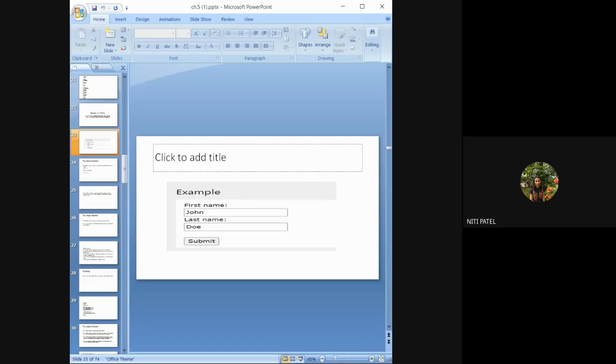So we are going to see how to create that form in HTML. This is just a simple example of a form. Type the first name: there is a text field where the space will be given to write your first name. Last name: again a space will be given in the text area where you write your last name. Once all the details are added, you submit this form. So when you click on the submit button, whatever you have filled goes to the server side